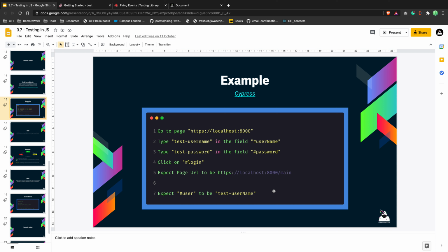So you write these scenarios for Cypress in their syntax. You can read about their syntax and how it works, but this is pretty much the main logic. You will run this in the browser, because when you open Cypress, it will open the browser, as you saw in the video. So this is how it works.